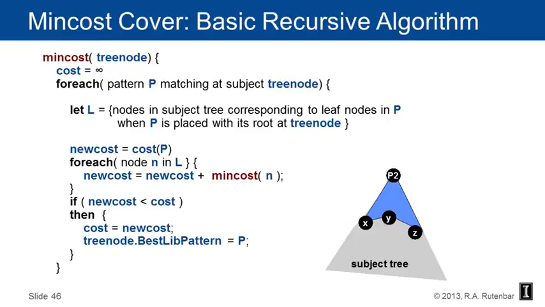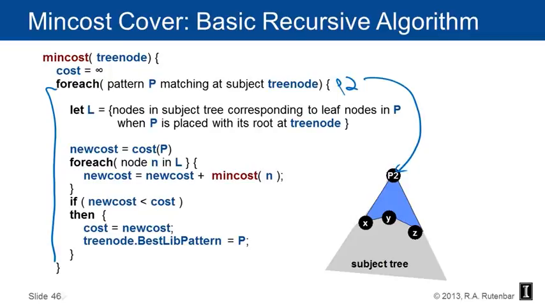And the first thing you do is you say, well, the cost is infinite because I'm going to be calculating a bunch of minimums. And so the first time I do that, the infinity will go away. And then there's an outer loop, right? And the outer loop basically says for each pattern P that matches at the subject tree node, because you call this on a node. So if you call this on the root, you're going to look at P1 and P2 and P3. And in this particular example here, I've called it on the top, and I'm looking at